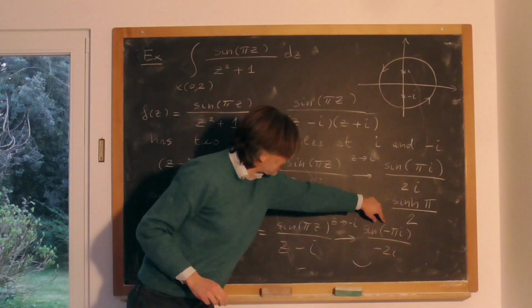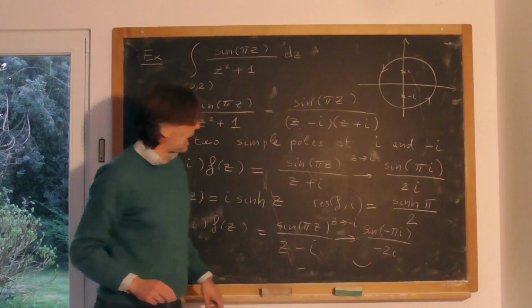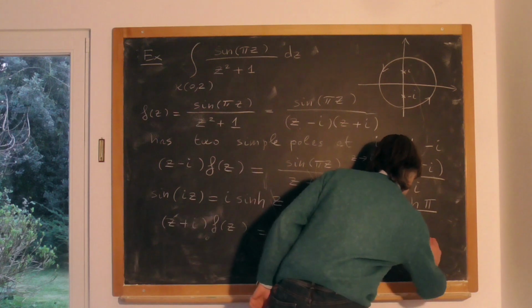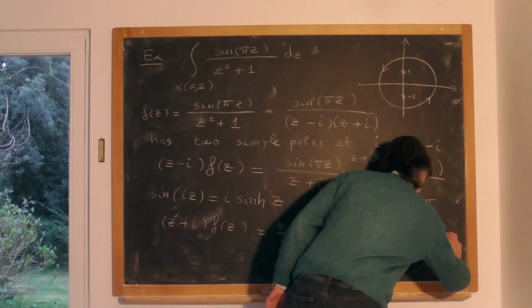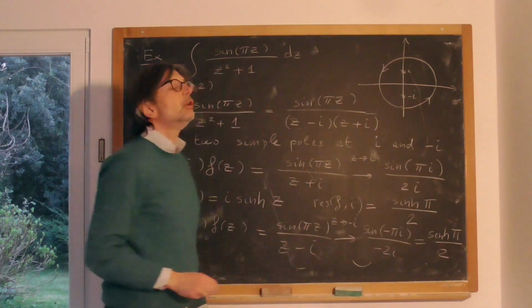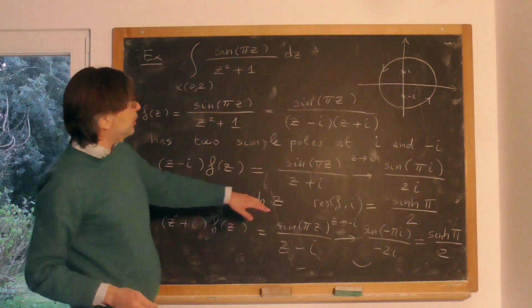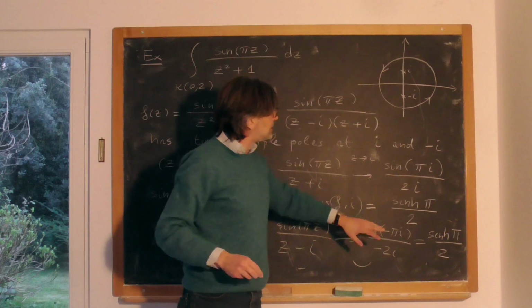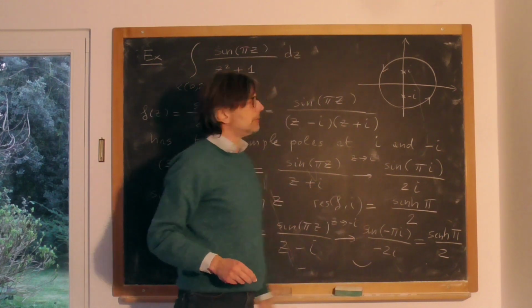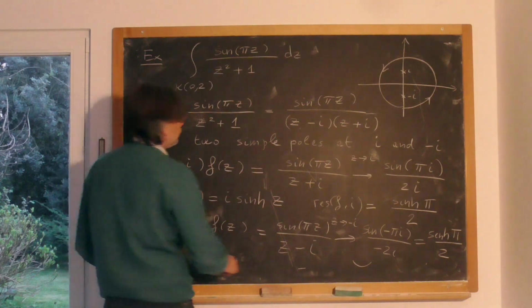Sine is an odd function, so this minus comes out and simplifies with this minus, and so we get the same result, sinh of pi divided by 2. So the residue at both singularities is sinh of pi divided by 2, and therefore